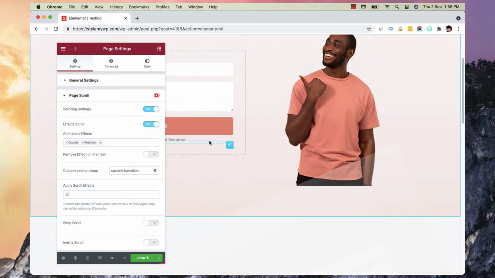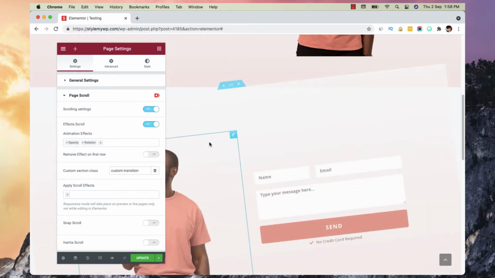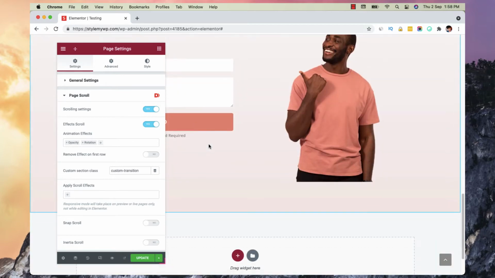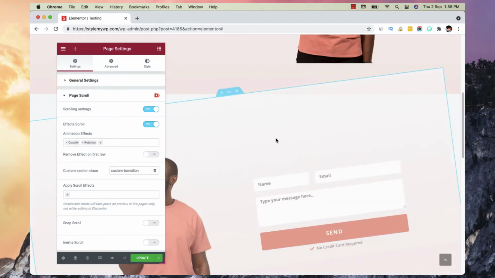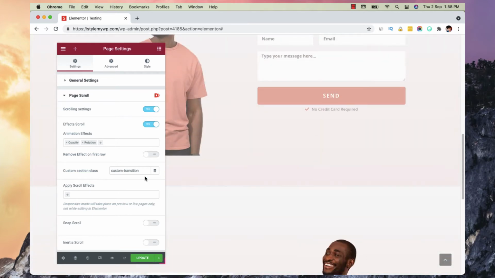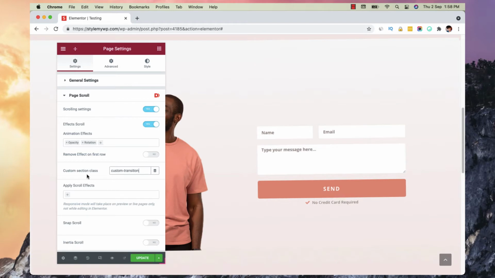Okay, got it? So animation has been applied only on the second section. Only the second section has this effect, opacity and rotation, right? Because this one is having the custom transition class on the section.